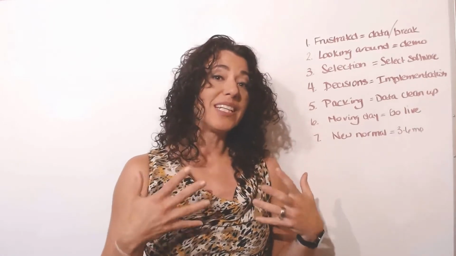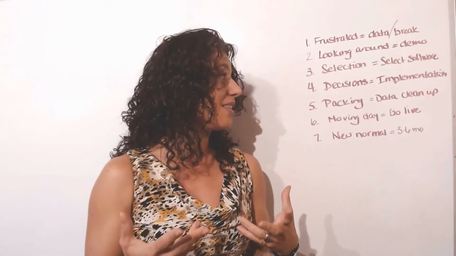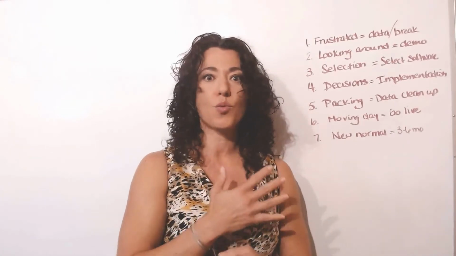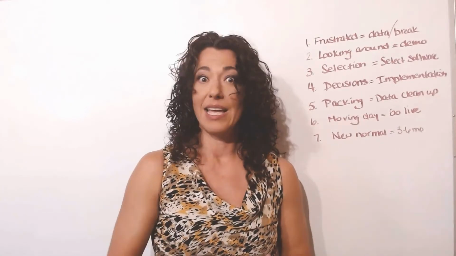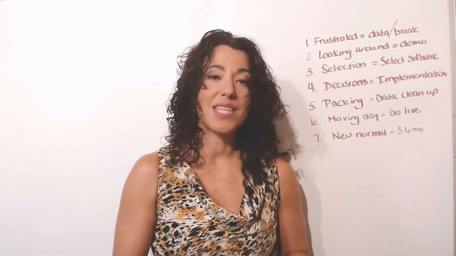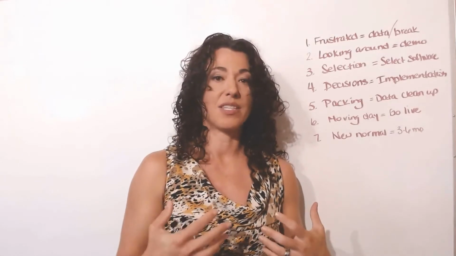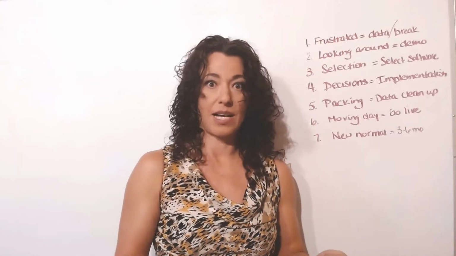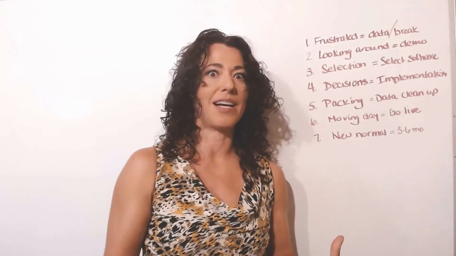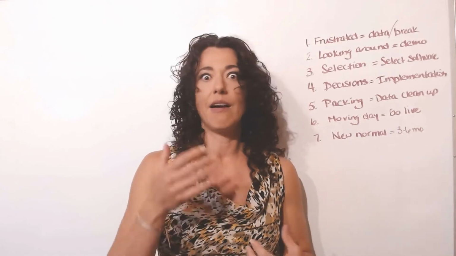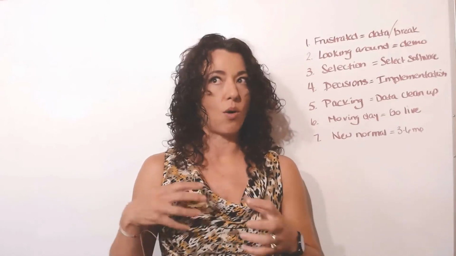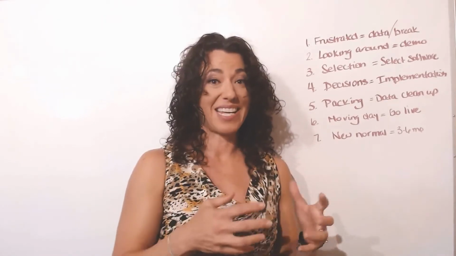Whenever you then are building the house, you're making these decisions, you're doing the implementation, you're also packing. So meanwhile, back at the old house, you're going through all of your belongings. Does this stay? Does this go? Do I need to rework this? Does it just need to go away? You're doing the same thing with your data. You're taking your data and you're saying, okay, I've always had my vendor file look like this, but do I want it to look different? Do I want to clean up my data files? Do I want to clean up my vendor files because I've got 5 of the same vendor and I need to get rid of those? There's the same type of work where you're doing a whole bunch of cleaning as you're implementing and making decisions.